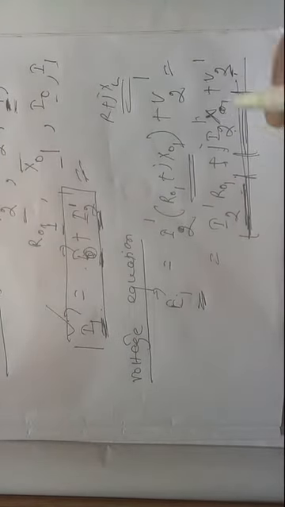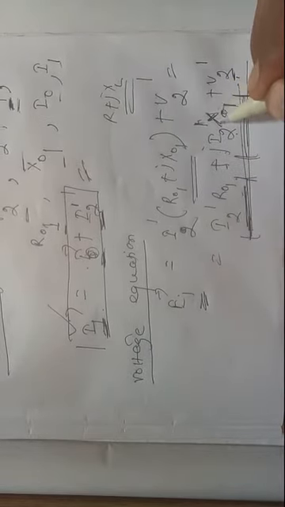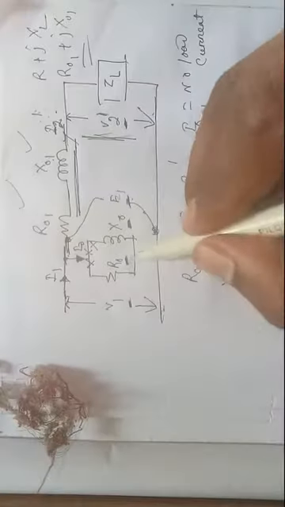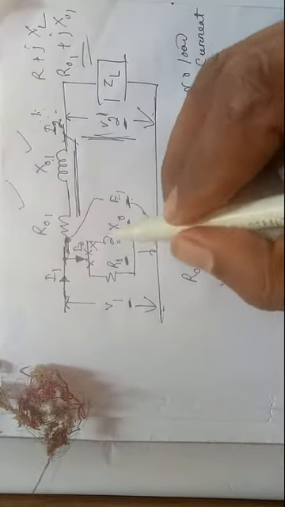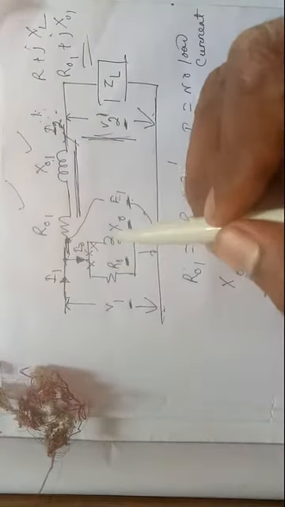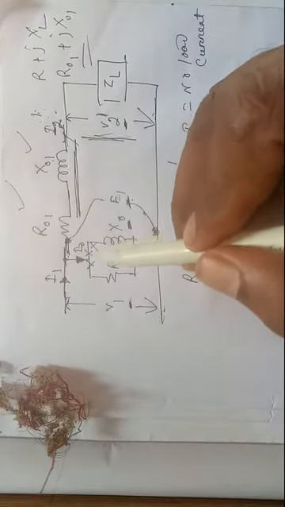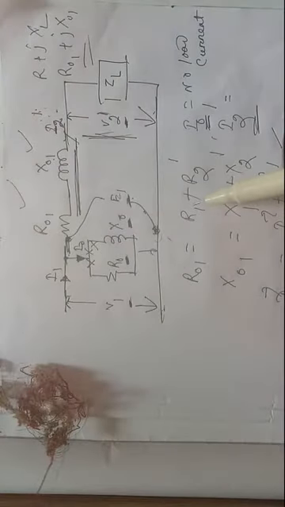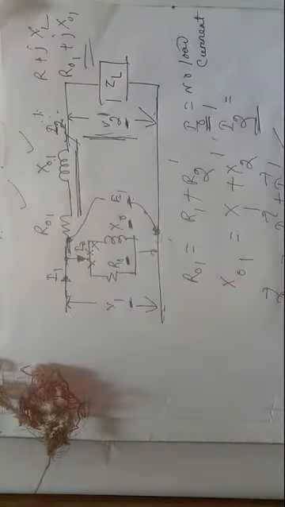I have written that here. So I2 dash R01 plus jI2 dash X01 plus V2 dash. Okay, so this one is your induced EMF E1. Now consider the voltage drop across R0 and X0. The no load current is very small, so the drop due to the no load current across these elements is also very small. That's why this is neglected. So this E1 will be equal to V1.